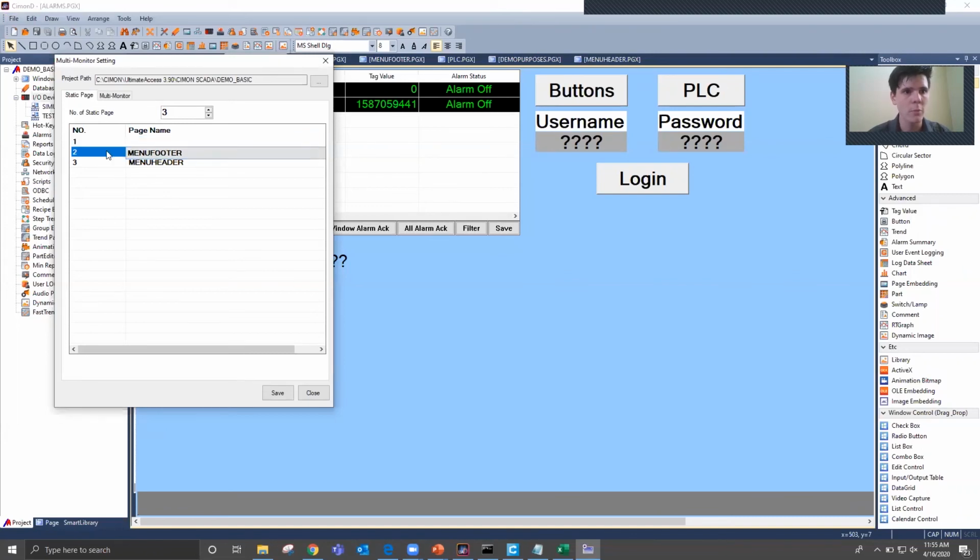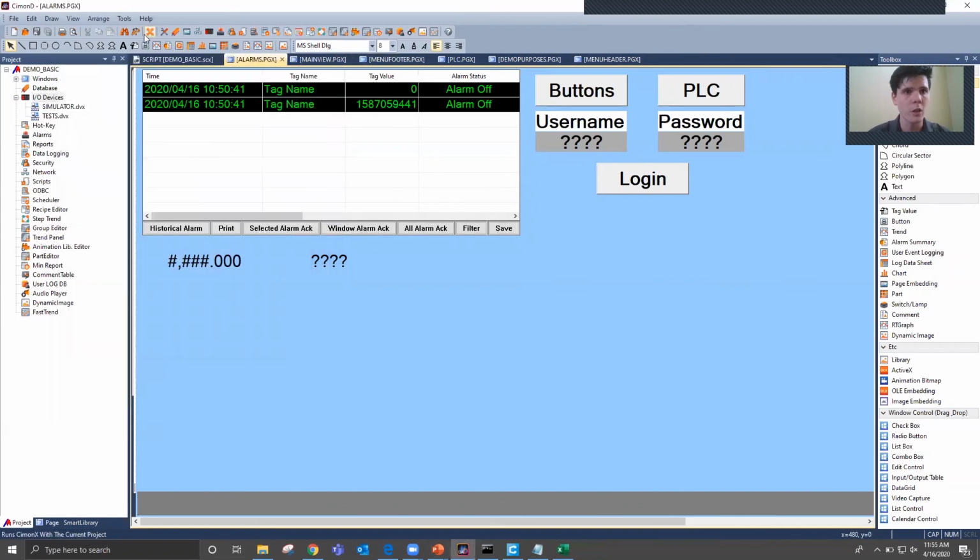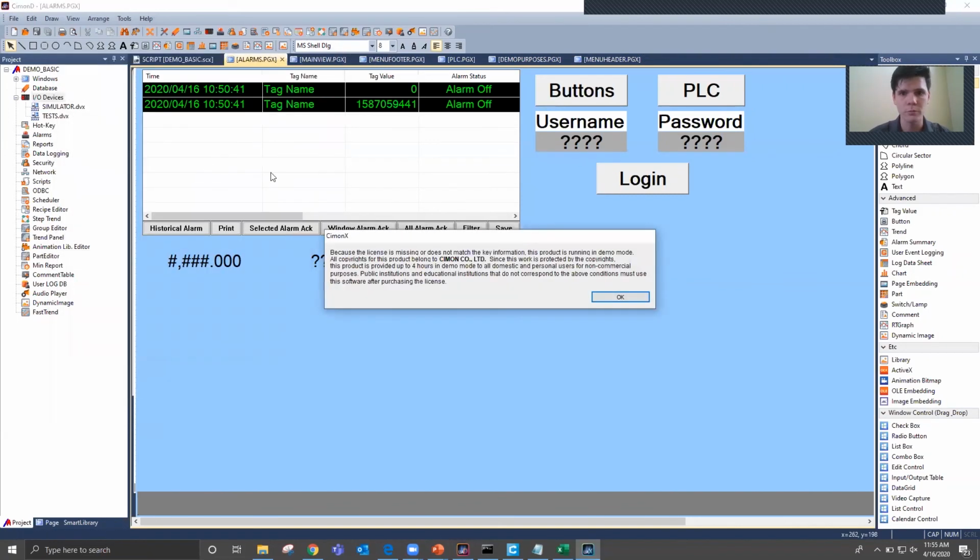So I have this one static page, menu footer, and then menu header. You would think that putting menu header below menu footer would change anything, but it really doesn't. It depends on the run position you chose for the page properties. So menu header will be our logo, and then menu footer will be our logo. So when I run this,